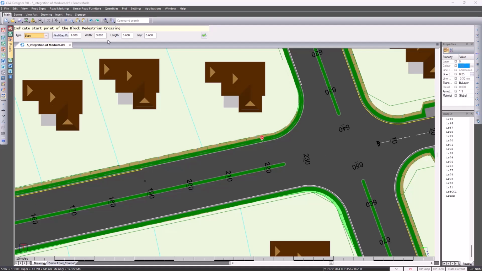You can customize these dimensions. Click on the start point, and then as you move your cursor, the marking will update. Looking at linear markings,